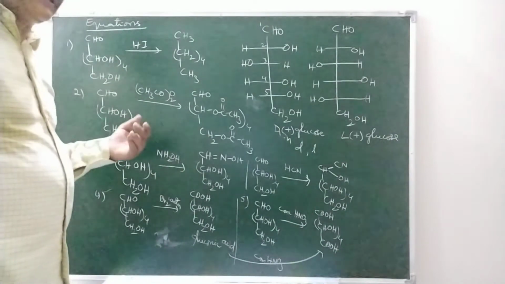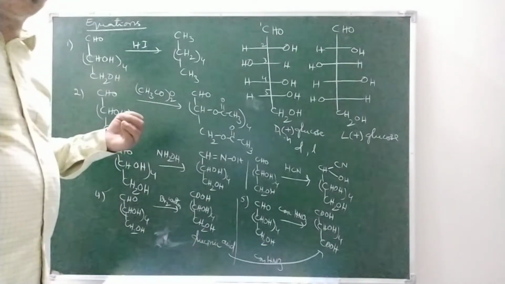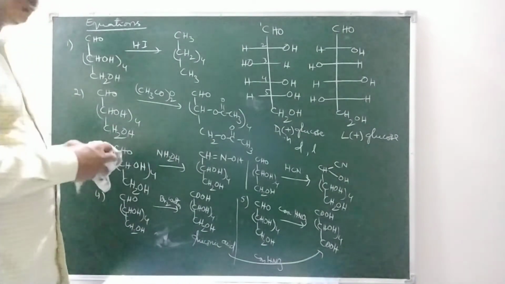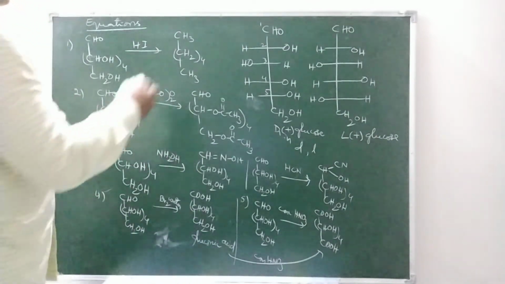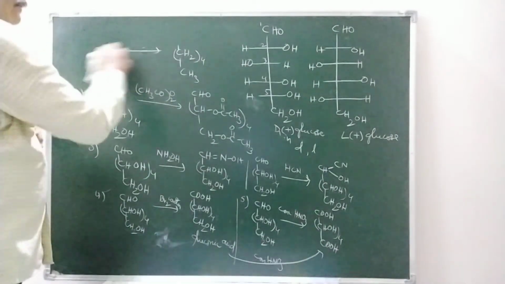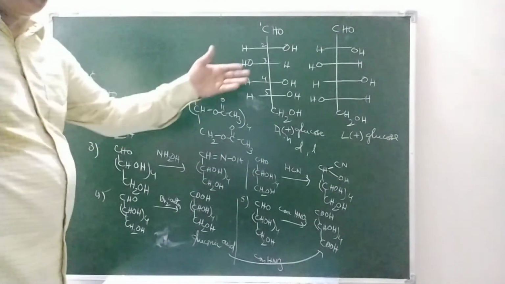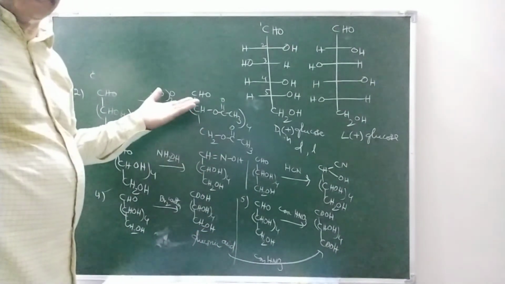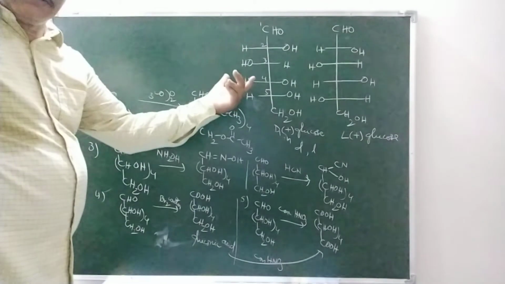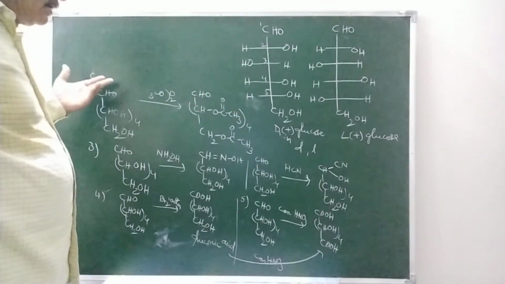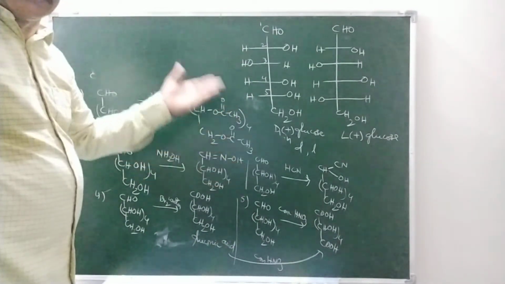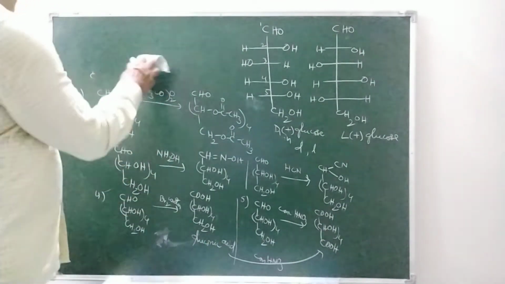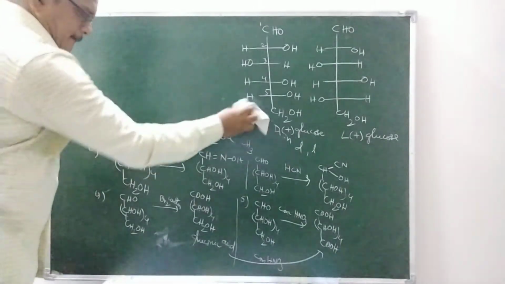And another thing is, it fails to show mutarotation. What is mutarotation? If they are asked for 4 marks questions, you can write up to this equation: first the reactions based on that structure, and based on that structure the chemical equations that are involved in the reactions must be shown. Okay, so for 4 marks this is sufficient.